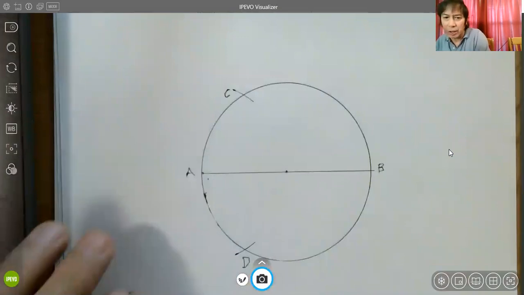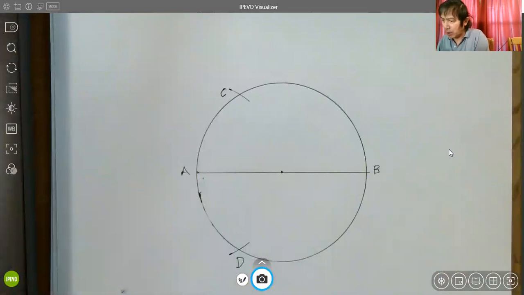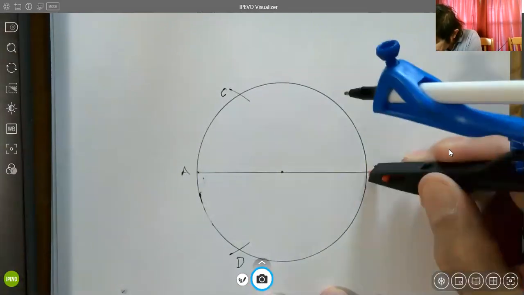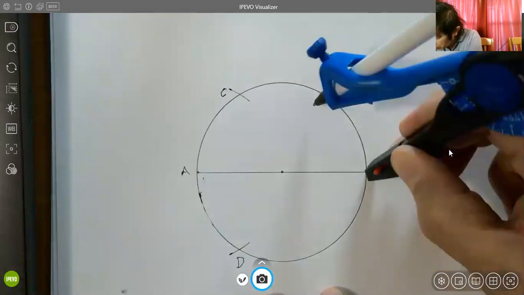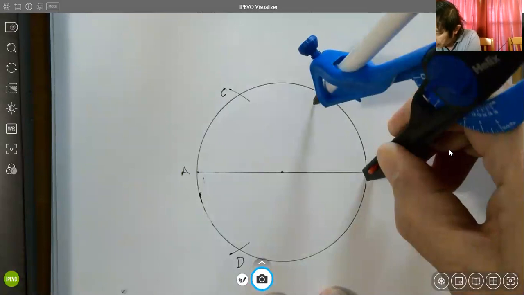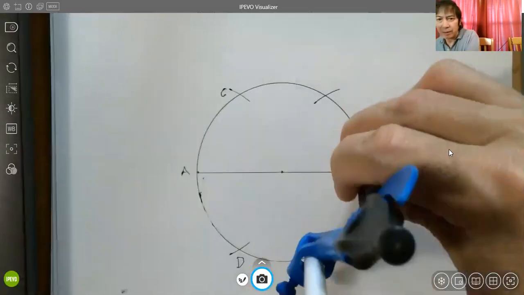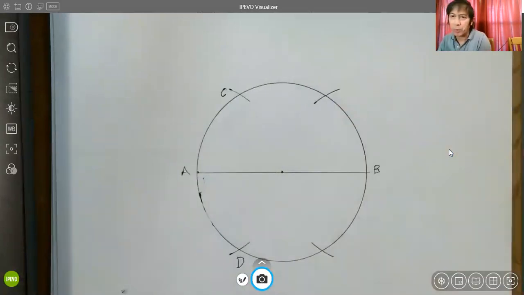Now, using the other end of the diameter AB as your center point for your compass, draw 2 more points using the arcs there. One arc over here and one arc over there. All right, this is now our point E